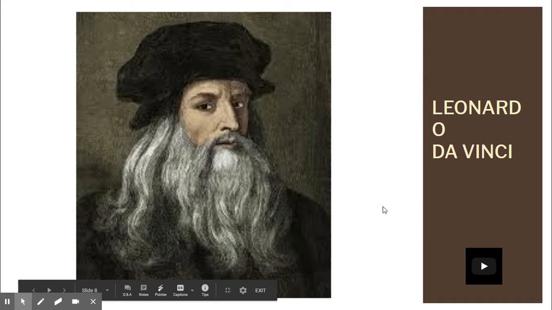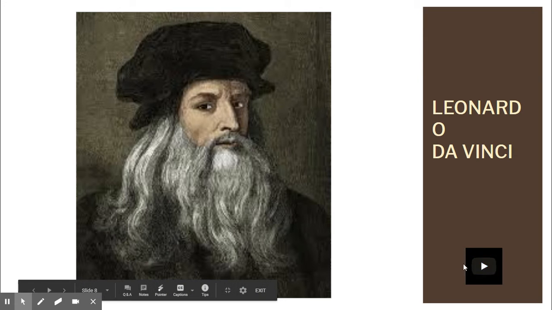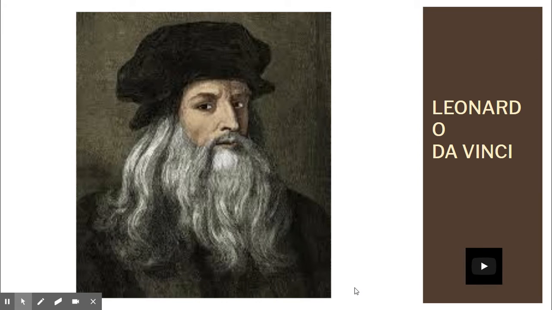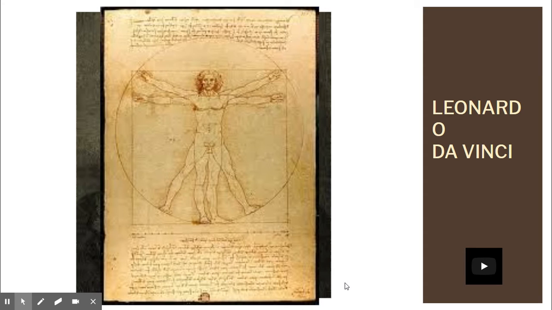Then we have Da Vinci. Now, right over here, for those of you that are watching at home, there's a link to a 10-minute video or so of the life of Leonardo da Vinci. Please click on that. As far as works of his, this is Vitruvian Man. And Leonardo did quite a bit of work dealing with anatomy, physiology. I mean, besides just being a painter, he was a writer, an inventor, an architect, an engineer, mathematician, musician, philosopher, and a scientist.